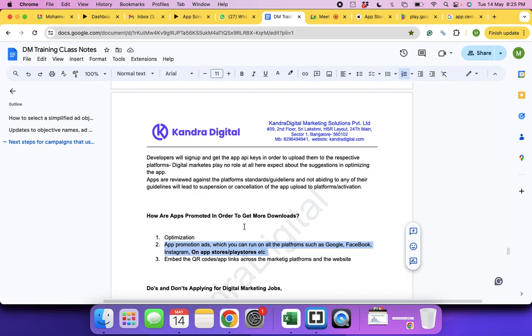If nobody has questions around this, we'll step on to the next topic. Since we have already discussed various other implementations or activities, like I told you, embed a QR code or show the app download. You must have seen on websites at the bottom the App Store and Play Store links.